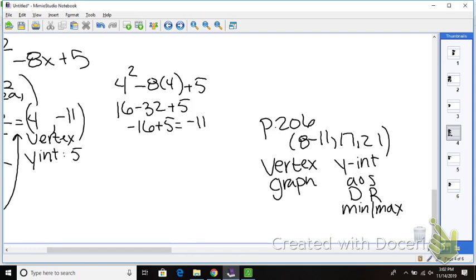What was the range on this last two? It would be negative 11 to infinity. They should be